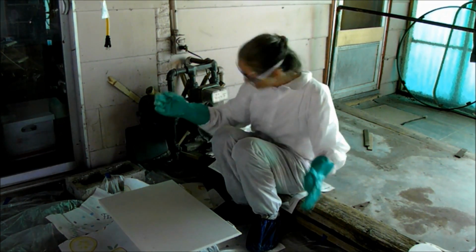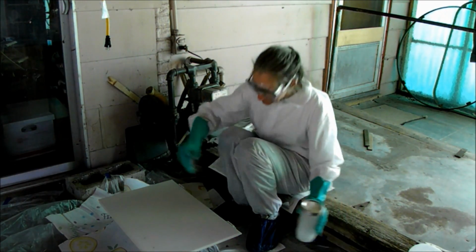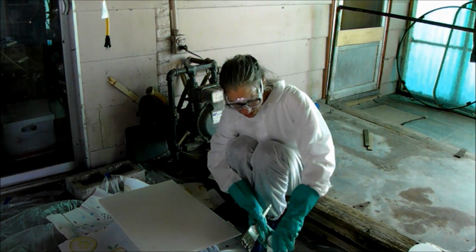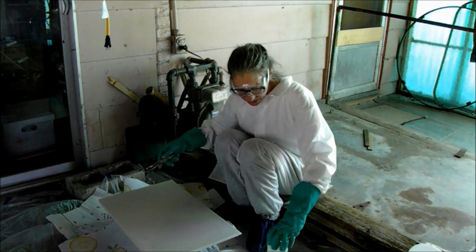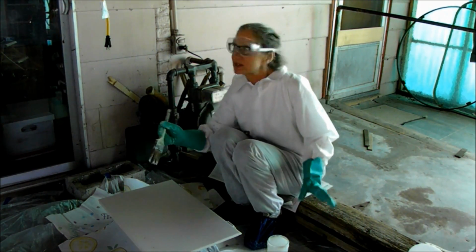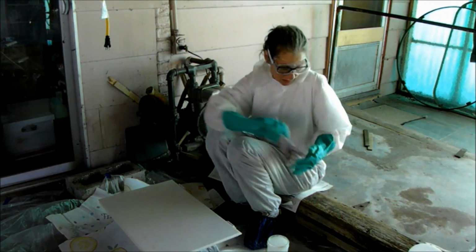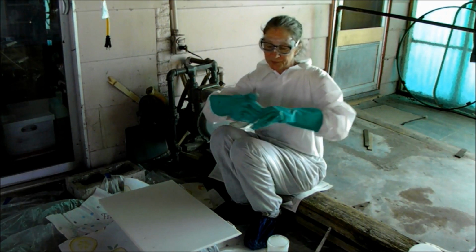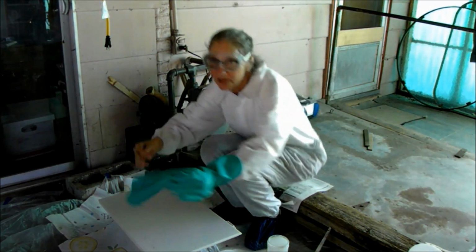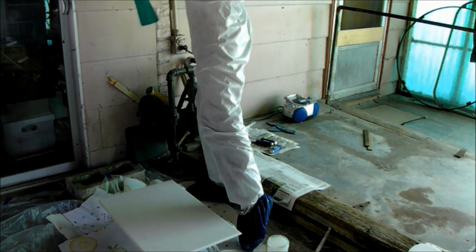Today I'm going to show you how to strip paint. Now I'm going to do this while I talk to you. So what you want to do, I'm using the brand Jasco, and what I did was I went to my local paint store and asked them for advice. So if you have questions about what kind of stripper you need to use, that's what I